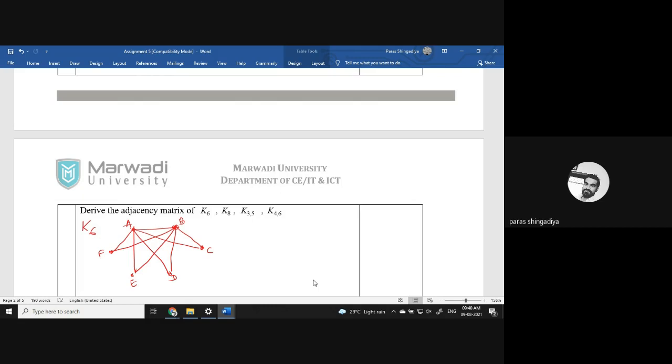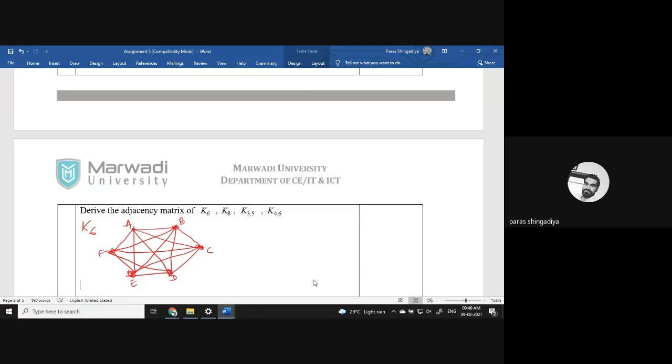तो दूसरी एज बनानी नहीं है. ठीक है. They are already connected. Now do it for C. तो C को D के साथ connect करेंगे, C to E के साथ, and C to F. Then after for D, D to E, and D to F. And last for E. So that is known as K6.